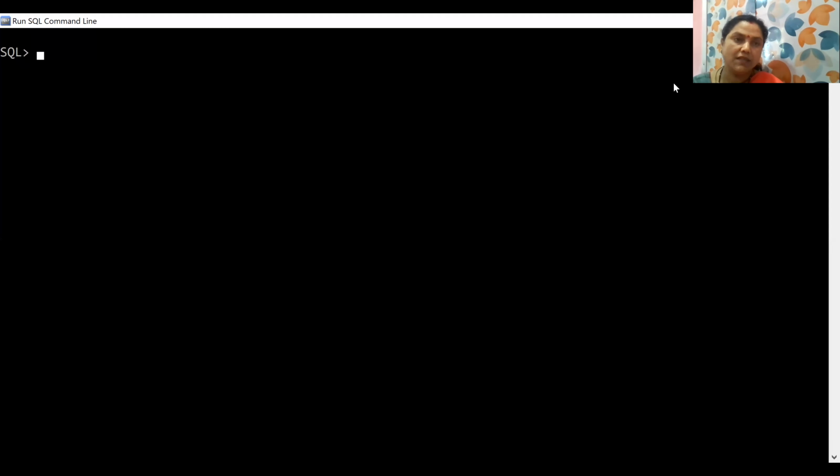Okay, now let's check how your create table command works. CREATE TABLE. You want to create a table that is student. Then you have to mention your field names as well as the data types.